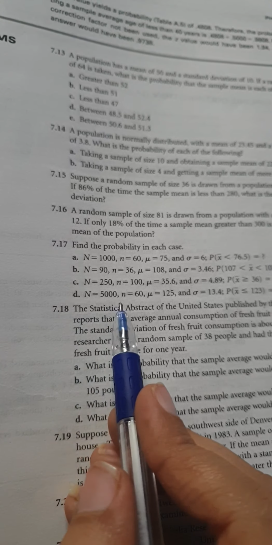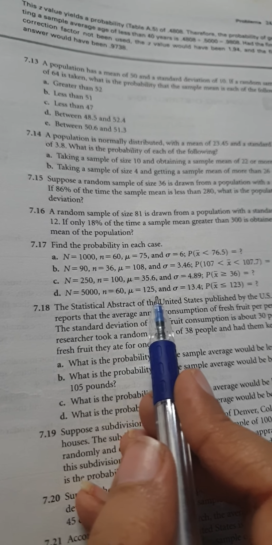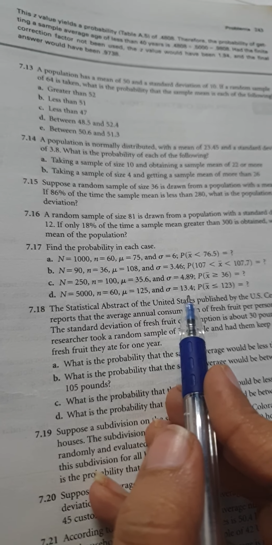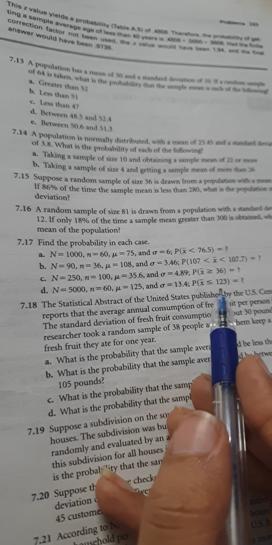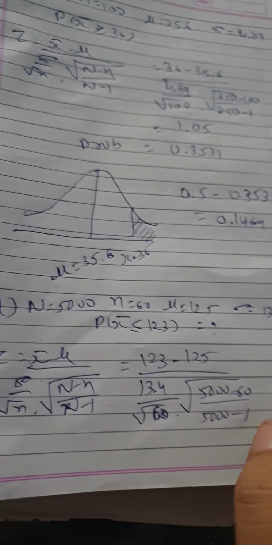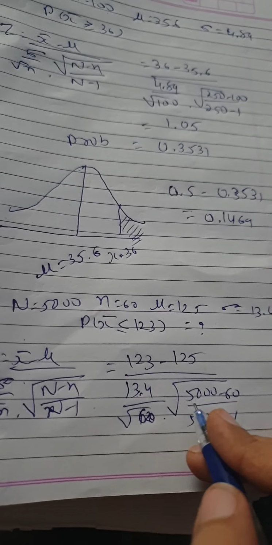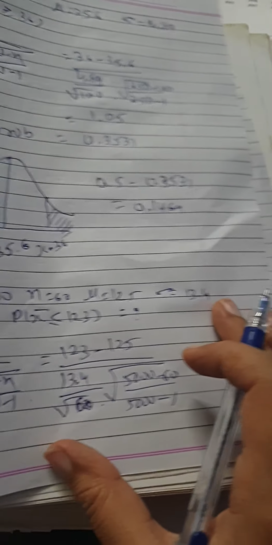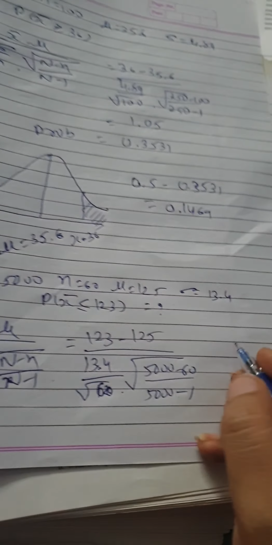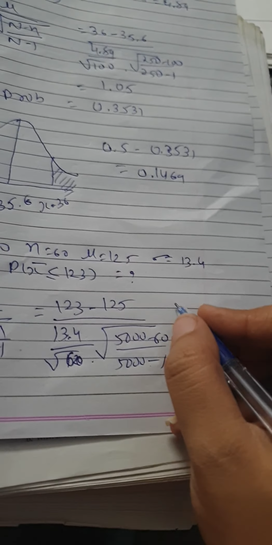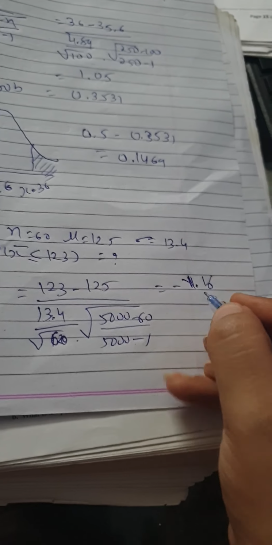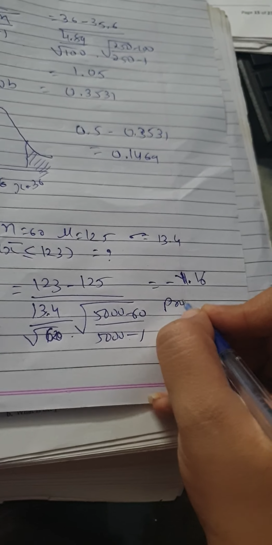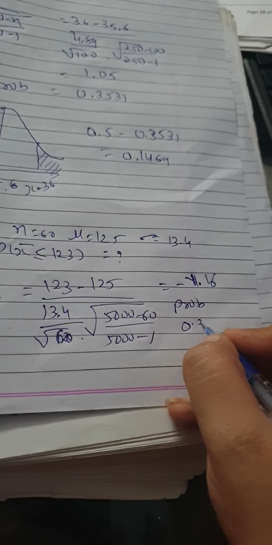Then last, capital N equals 5000, small n 60, mu equals 125, standard deviation 13.4. You want the value less than 123. So here I have mentioned all the things, right? I have put the formula and mentioned all the values in the formula. If you solve this formula, you will get the answer of minus 1.16. If you go to the table and check the probability, your probability will be